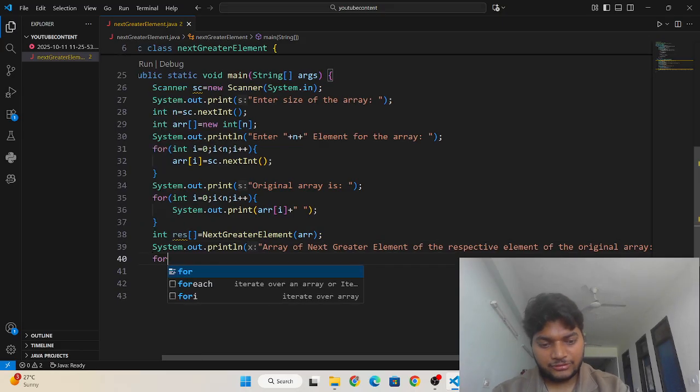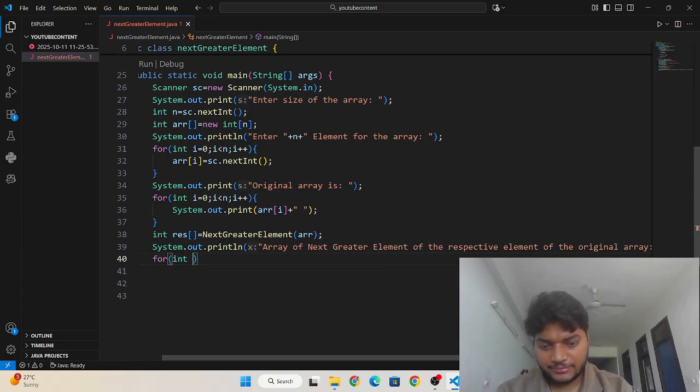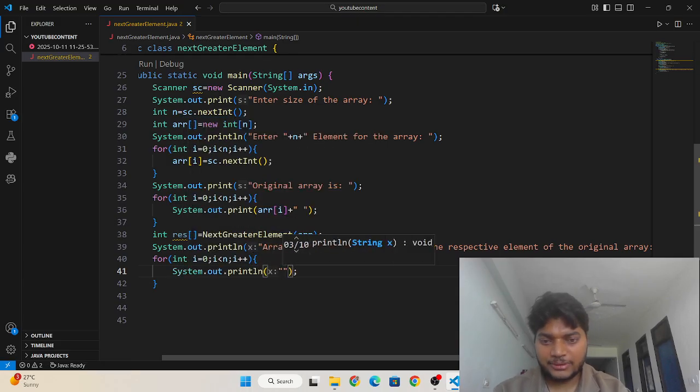Okay, and then I need to write here a for loop, simply i = 0, i less than n, and i plus plus, and I need to write here System.out.print, and I need to give one space, and then I need to write here res, that is the result array I need to print here, and then here should be i.